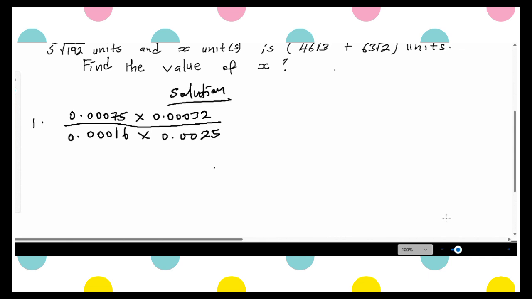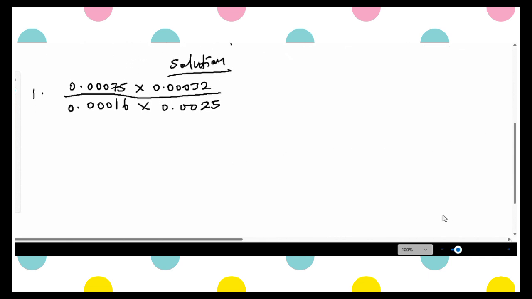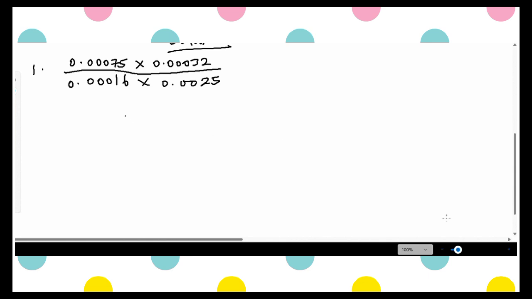Okay, now to simplify this and leave our answer in standard form, we will try to write